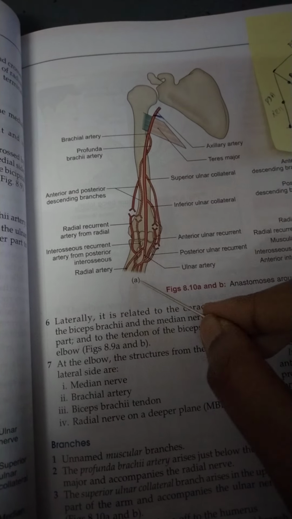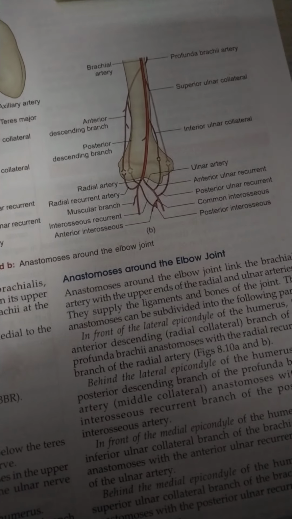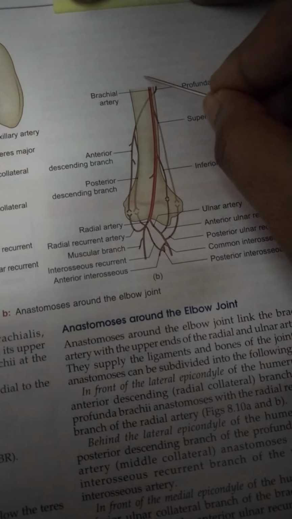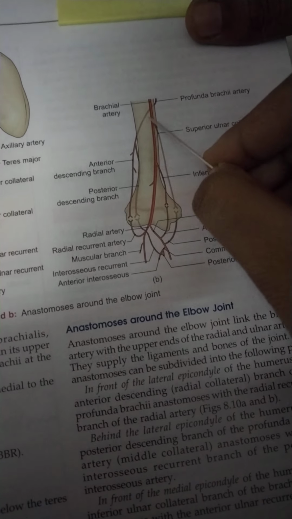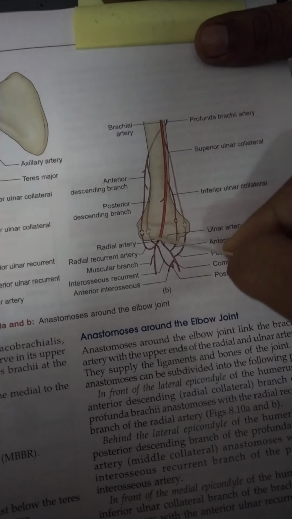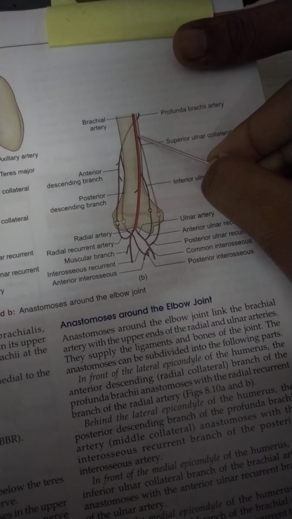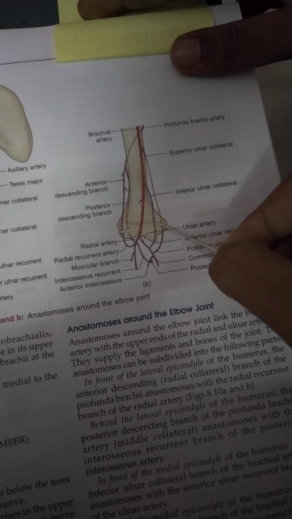So guys, now I will give you a deep look with this picture, which is actually a good one. Yeah, now let's watch it. This is the brachial artery giving one branch already here somewhere, that is the profunda brachii, which on the posterior side has been divided into two parts, the anterior one and the posterior one. And the brachial artery again gave one more branch on the posterior side, that is the superior ulnar collateral, and the inferior ulnar collateral on the anterior side.